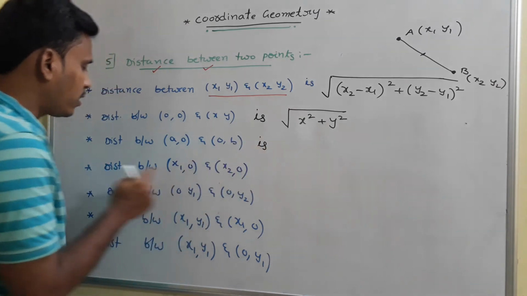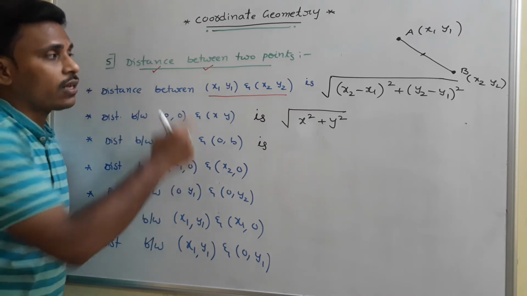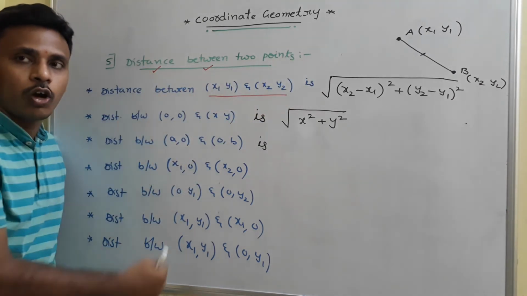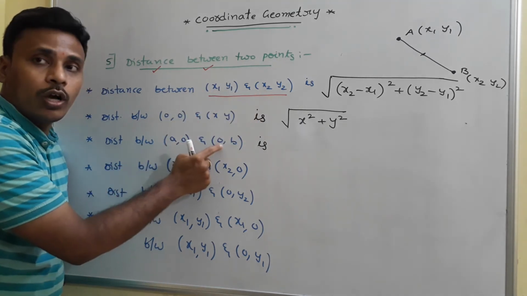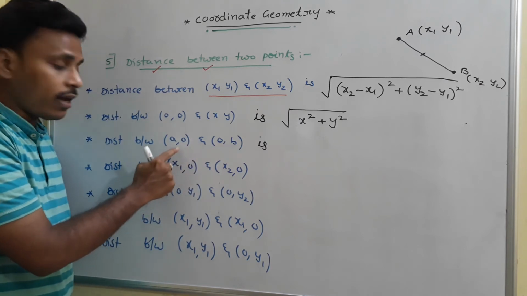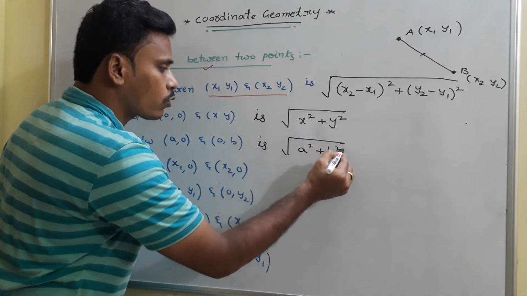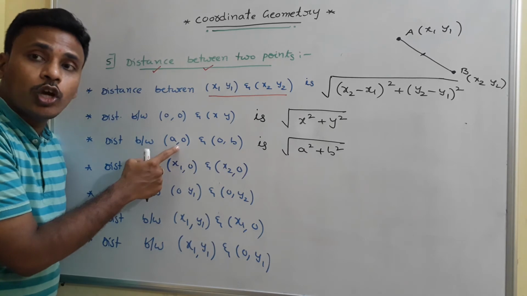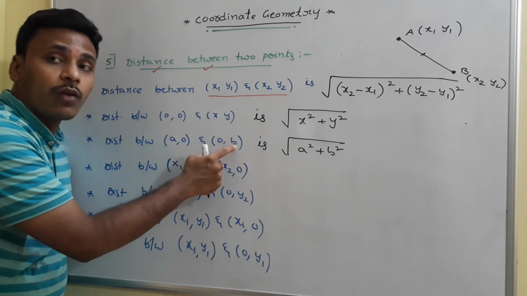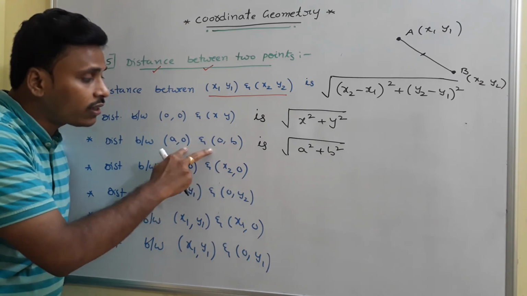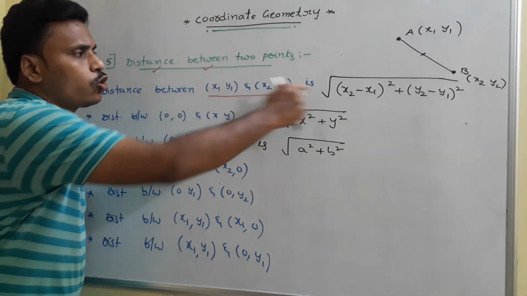And the next thing is the distance between a comma 0 and 0 comma b. To answer all these questions, the fundamental thing is this particular first formula. Use that to answer all these things. A comma 0, 0 comma b. x1, x2, a and 0. x2 minus x1 whole square is a square. y2 minus y1 whole square is b square, and this is again root of a square plus b square. Just observe these 2 points. A comma 0 is a point on the x-axis because the y coordinate is 0. 0 comma b is a point on the y-axis because the x coordinate is 0. And the distance between these 2 points is root of a square plus b square. You just try to memorize this or otherwise use that first one.